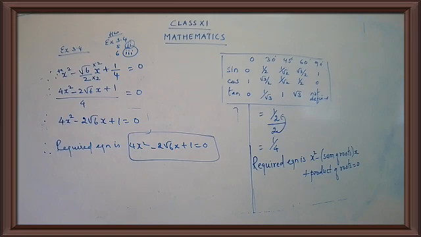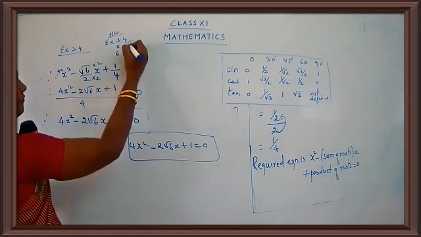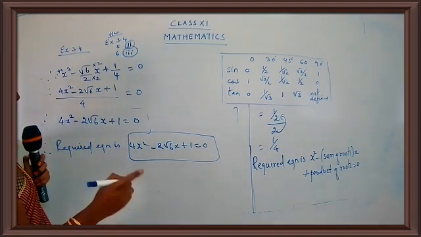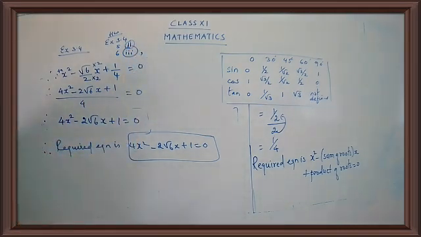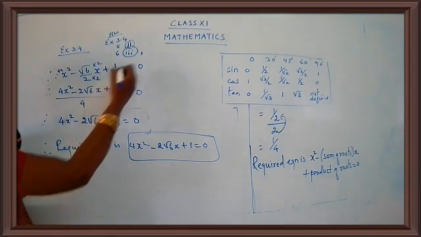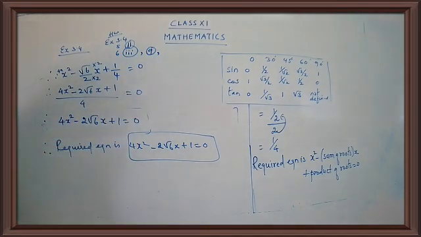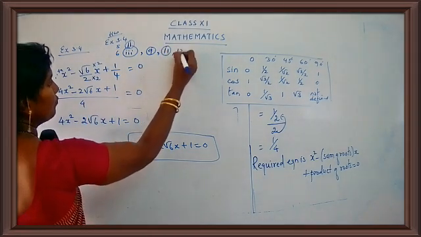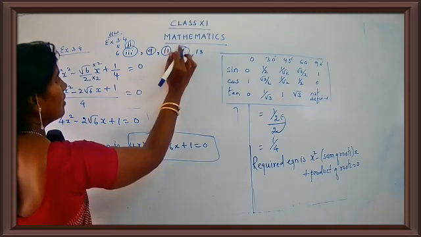Okay, children. Now it's a homework part. Sum number 8, I'll be doing it. Now you have to complete sum number 9. So question number 5, second sub part. Question number 6, third sub part. Then you have to complete question number 9. Then you have to complete question number 11, 12, 13. All the sums are based on identities.